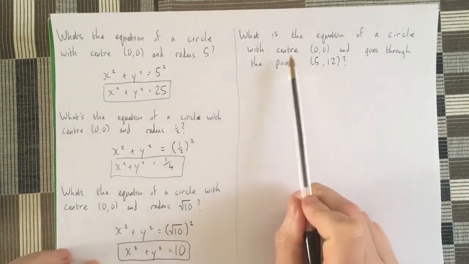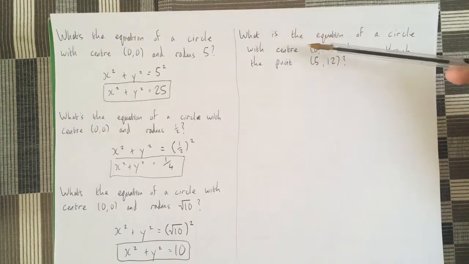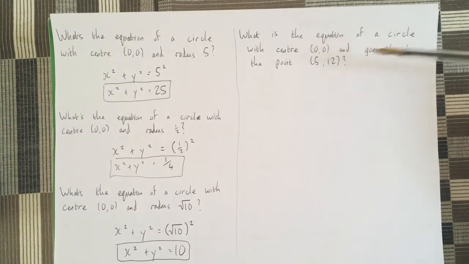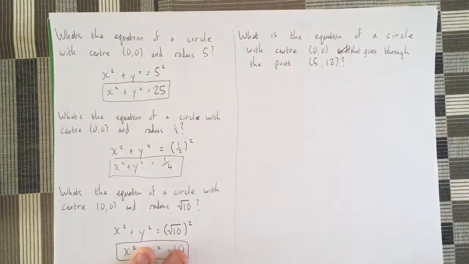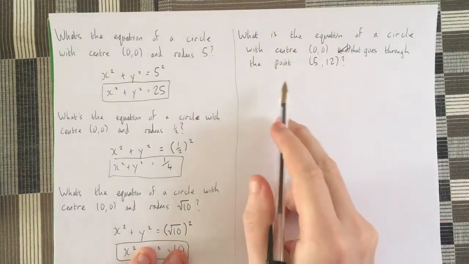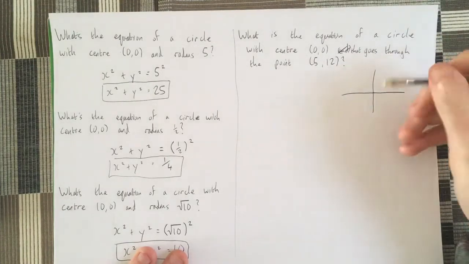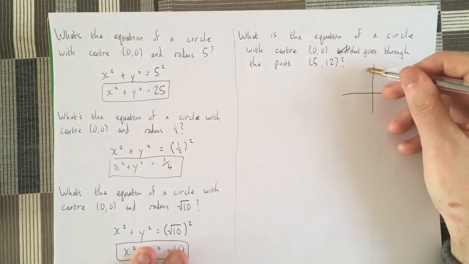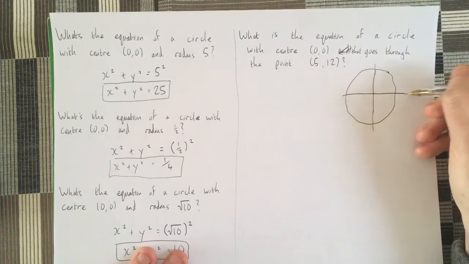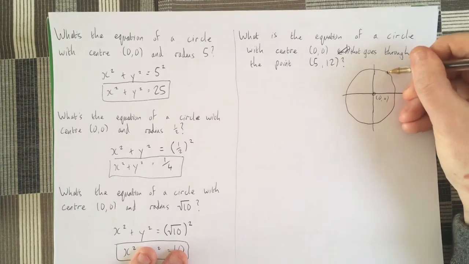All right. Slightly trickier one over here, one where we have to do a little bit more. So what is the equation of a circle with center 0, 0 that goes through the point 5, 12? Okay, so this is a circle with center 0, 0. So the center is 0, 0, and it goes through 5, 12. Just kind of drawing you what the circle might look like. So the center is 0, 0, and it goes through the point